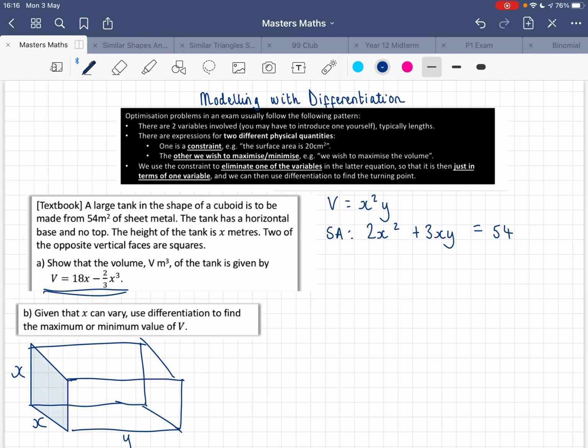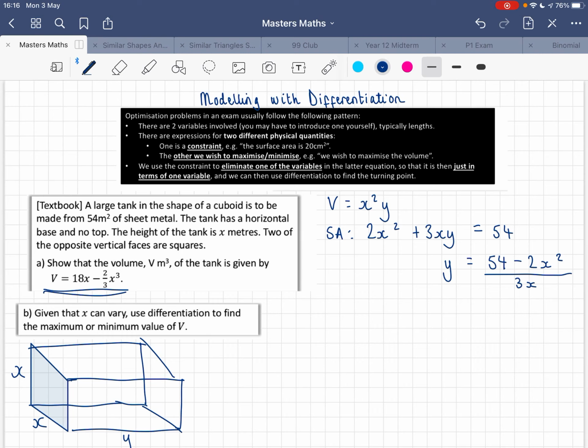And then we're going to substitute that into the formula for the volume and then rearrange until it looks like the thing we want it to look like. So if I subtract the 2x squared over to the other side and then divide by 3x, I would get y is equal to 54 minus 2x squared divided by 3x. And I'm going to substitute that into the volume,